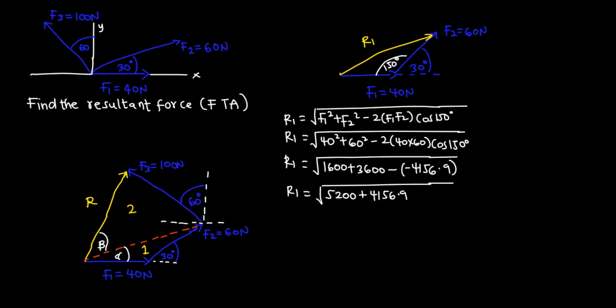So let's sum up everything, 5200 plus 4156.9, and that'll give me a value of 9356.9. So let's take the square root of that, and then that gives us R1 to be equal to